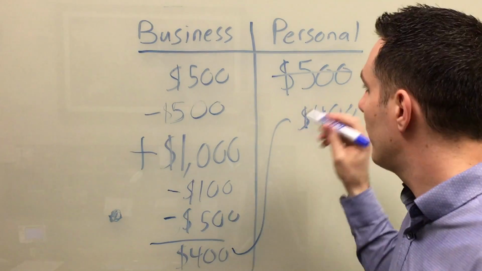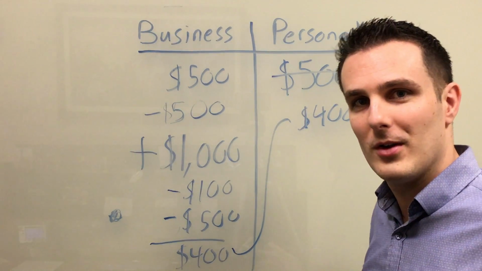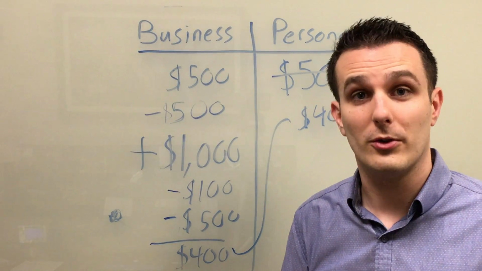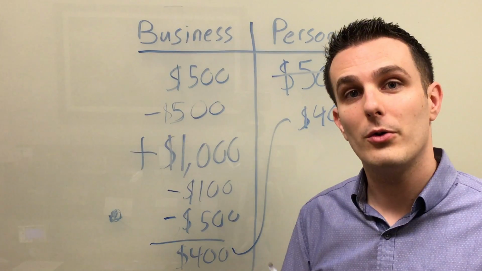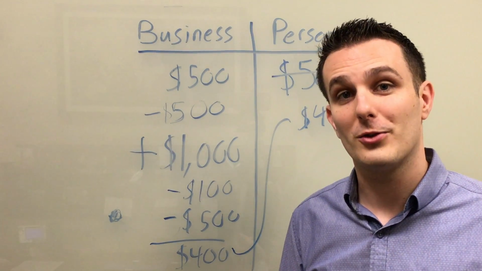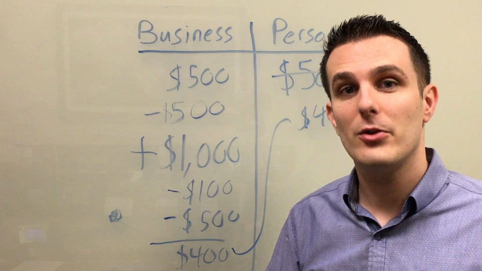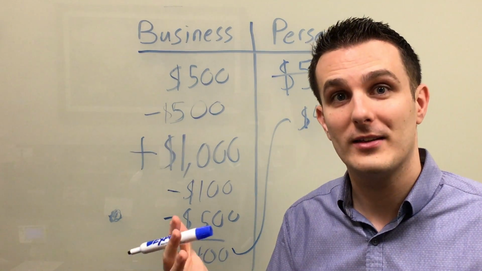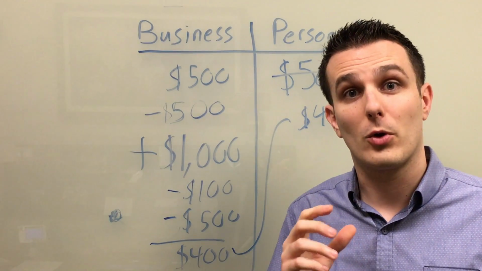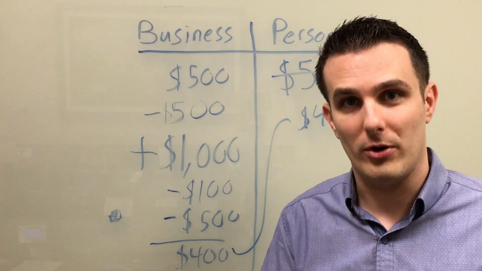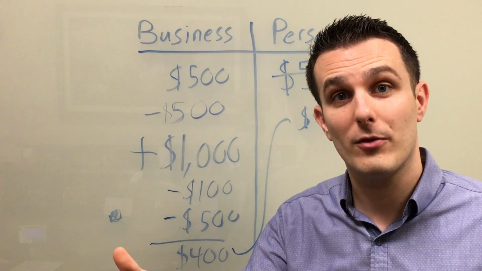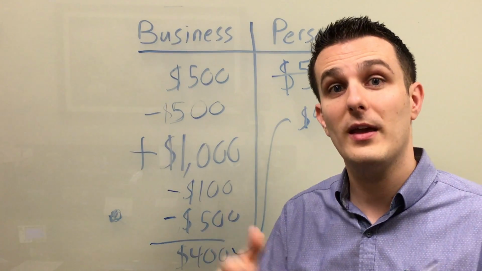Now, I said that you've got $400 in your personal account, but I want you to know, and this is something most small business owners don't realize, that if you own your own business, you're self-employed, which means you have to pay your self-employment tax and your normal federal withholding tax rate when you pay taxes. And so business owners are required every quarter, once every 3 months, to set aside money, and they send that into the government in advance,